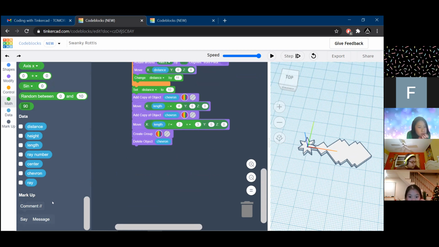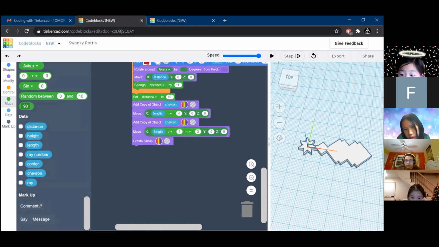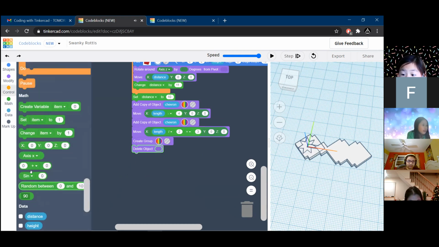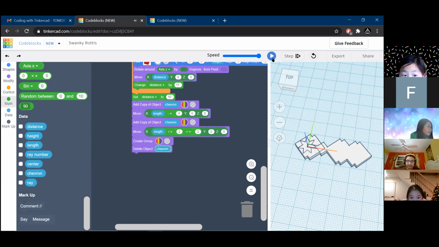If we leave the chevron in the middle, when you print it out, will it look like that? If you leave it, yeah, if you want to leave it in there, you can. Sure, it'll look like this. So we got rid of the chevron, but if you want to keep it, you can absolutely keep it.